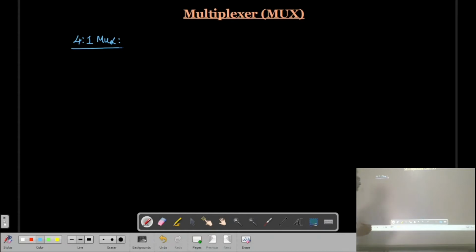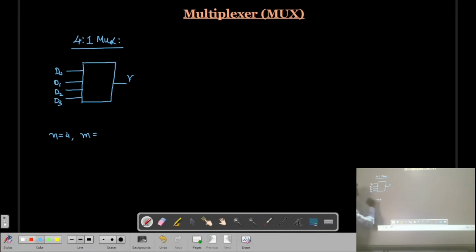First of all, if you see the symbol, it has 4 inputs, which we designate as D0, D1, D2 and D3, and one output, that is Y. Here N is equal to 4, so the number of selection lines will be equal to 2, and let us say they are A and B. These are my inputs and these are my selection lines. This is known as a 4-to-1 multiplexer.